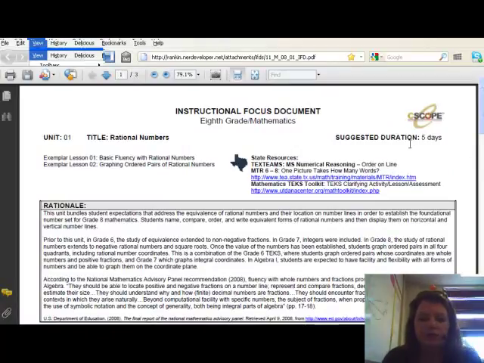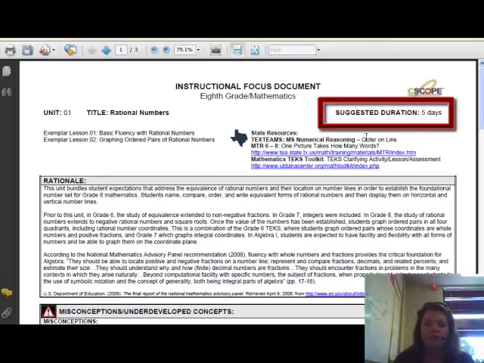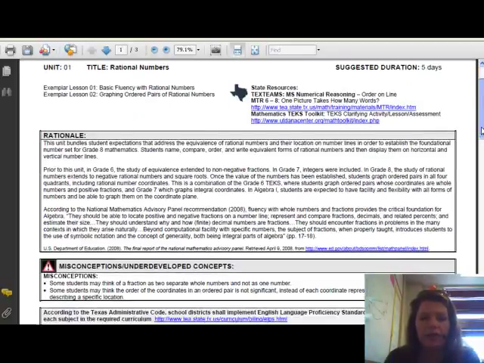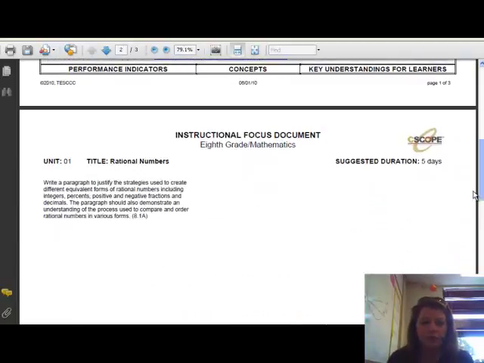This is the instructional focus document for 8th grade mathematics for the very first unit. We see that this unit will take 5 days. On the top right, we have some additional resources if we wanted to change out some activities or needed supplementary materials. And the rest of this document we really have walked through with the Region 18 folks, so I really won't spend that much time on it,